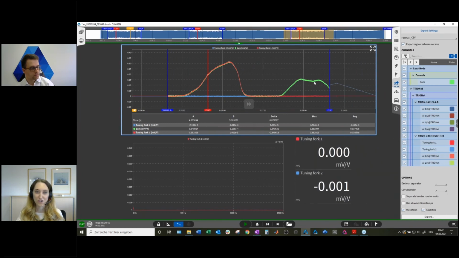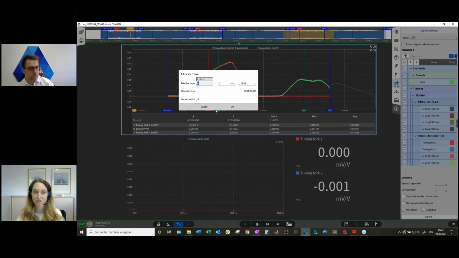Another nice thing to know is if I only open the menu as a small tab here, as a small menu, and I select my recorder, you can see it says export region between cursors, since I also have my cursors, just not in this. Let me activate them again. So I have them here. So now I can export the region between my cursors, which is really nice, since I can select an exact